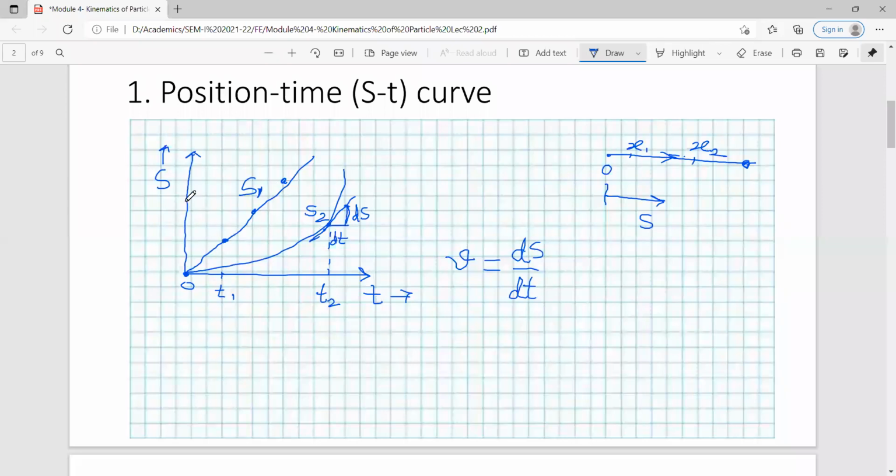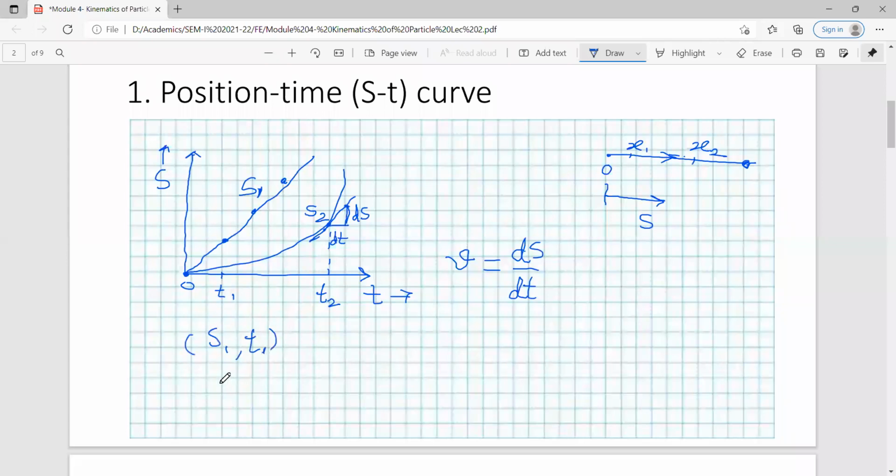So on the y-axis that will go, and on the x-axis we have the time. You are noting down the different values of displacement, say s1 at a particular time